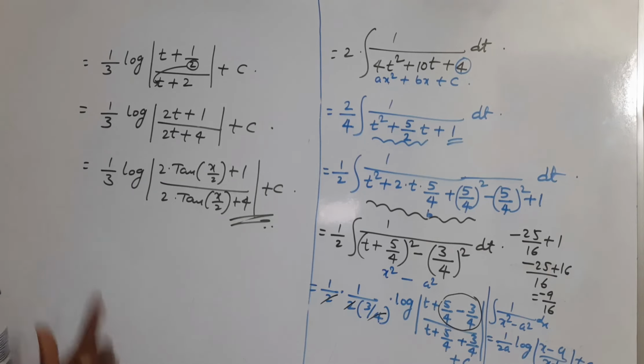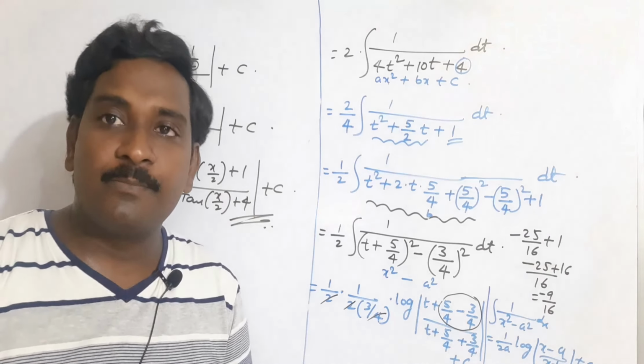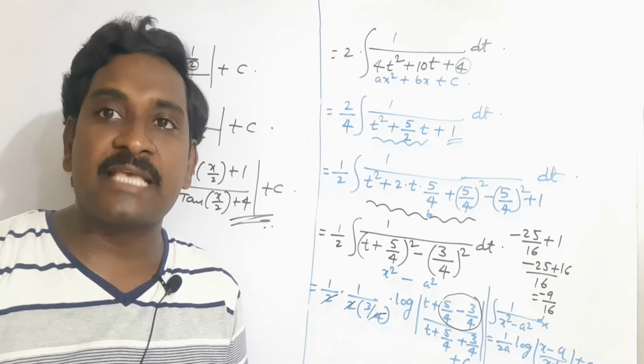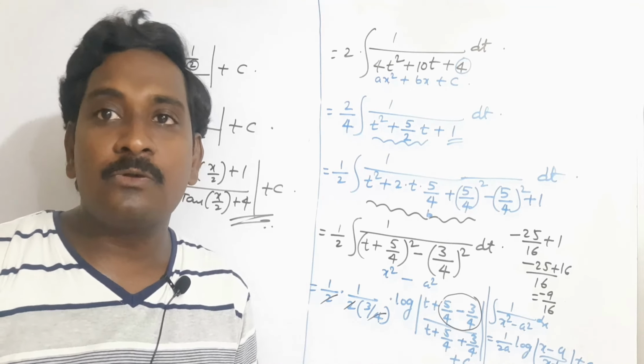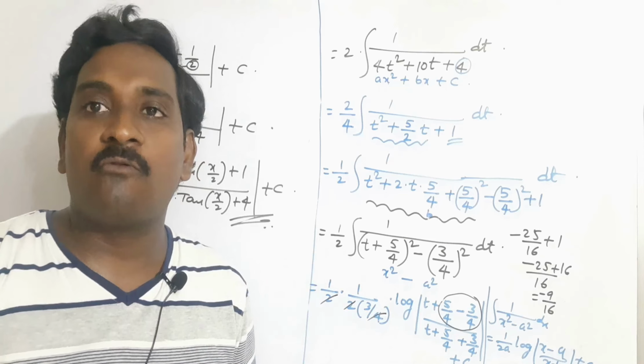So in this way we can crack the problem when given integration is in the form of integration of 1 by a plus b cos x, otherwise integration of 1 by a plus b sin x dx. First we should write the formula of sin x and cos x in terms of tan. After that you should take tan x by 2 is equal to t. Automatically dx value becomes 2 dt by 1 plus t square.